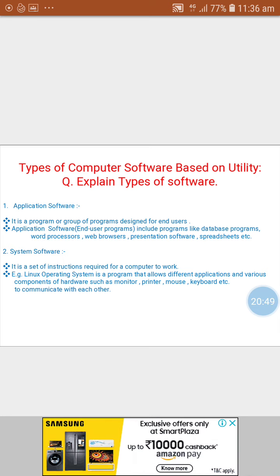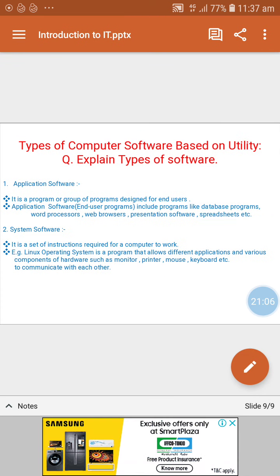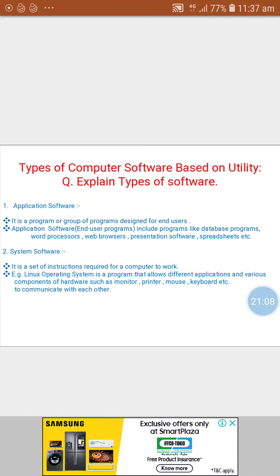End users means common public, normal persons, or we can say we people. So application software is a program or group of programs designed for end users.